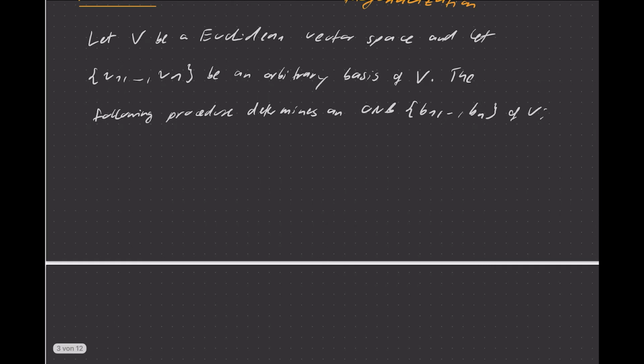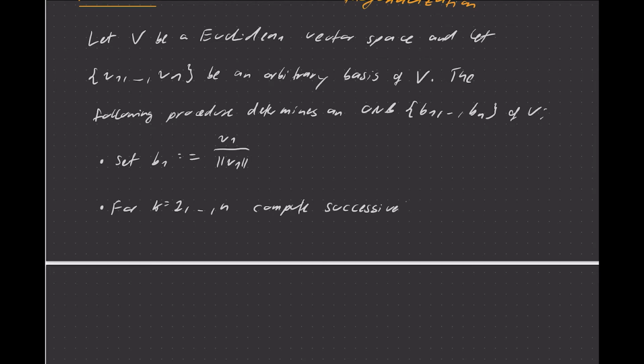What we do is, for starters, we'll set B1 equal to V1 divided by its norm. So we just normalize the first vector. And then we repeat the following step. So starting at the second vector up to vector n, we compute successively